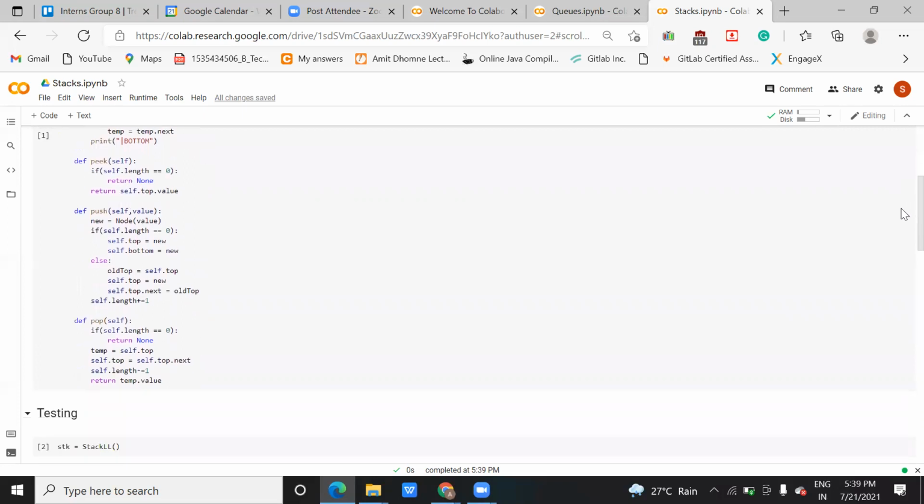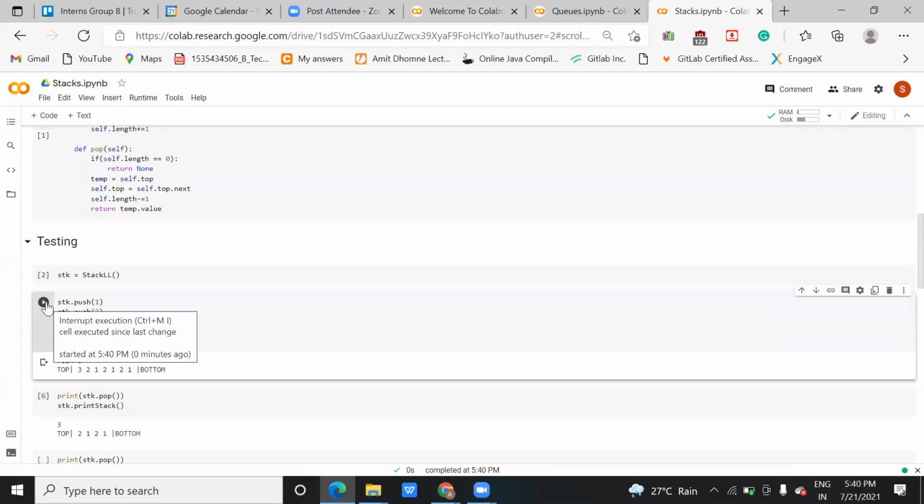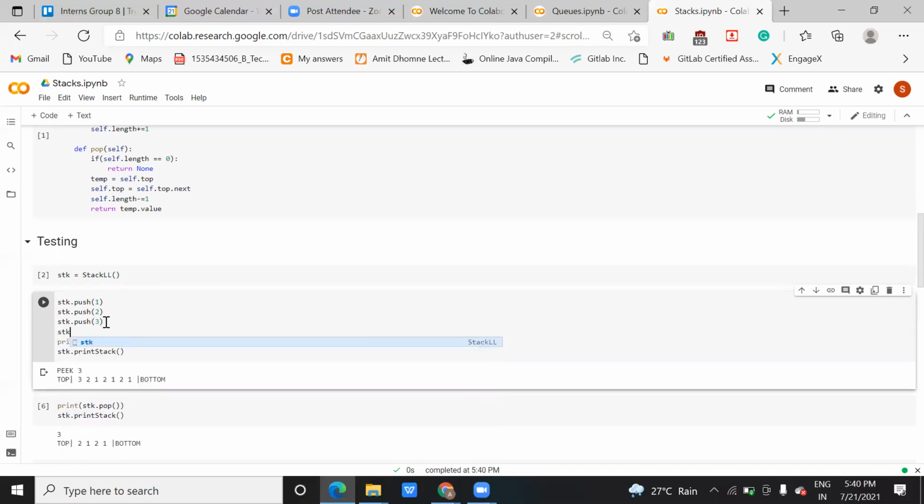Just give a minute. On that day I made some changes, so I think it's coming like that. Okay, yeah, I got it now. Actually, I'm running this multiple times, so it is inserting 1 to 1 in that fashion. Let me take it.